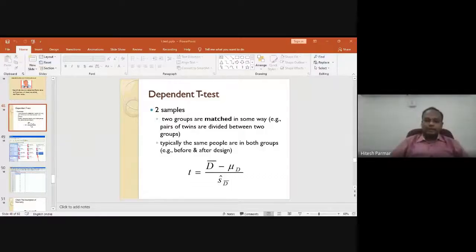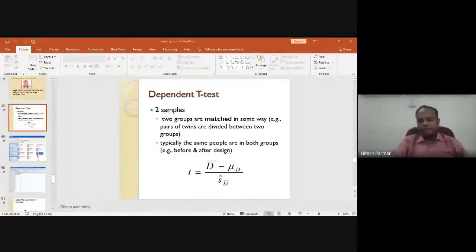We discussed that there are three types of t-test: independent sample, paired sample or dependent sample, and the one sample t-test. Then in the independent sample t-test, we discussed that any naturally created two groups you can compare, and the comparison will be done through the mean value, the average. So we understood that for application of this t-test, we require two variables.